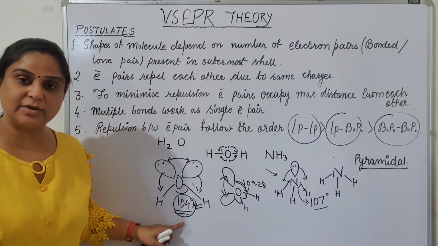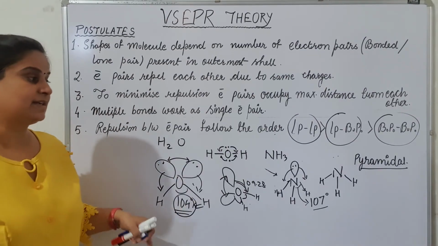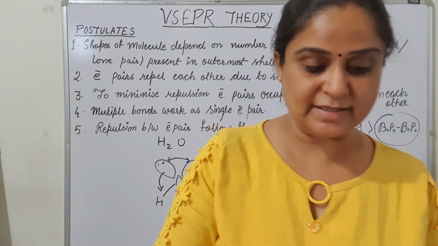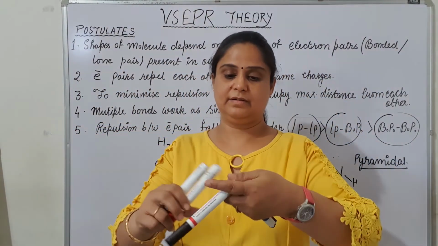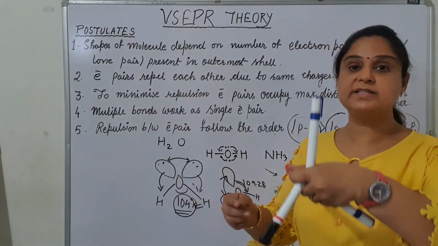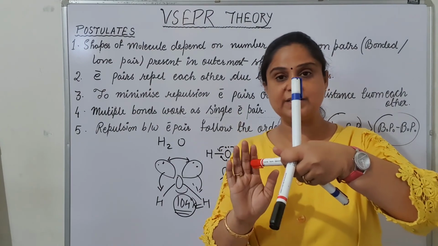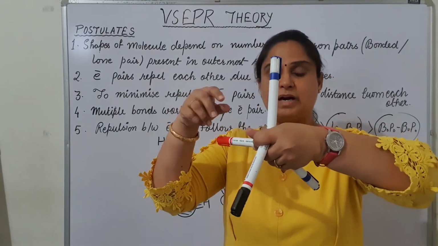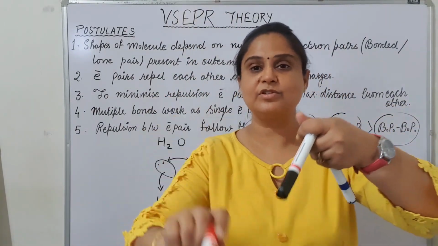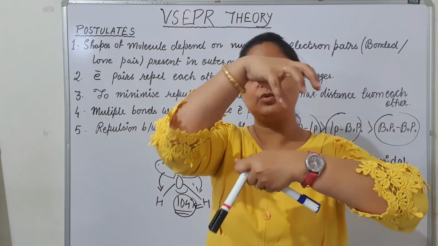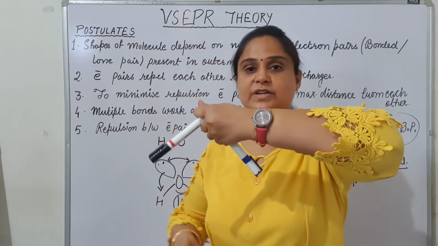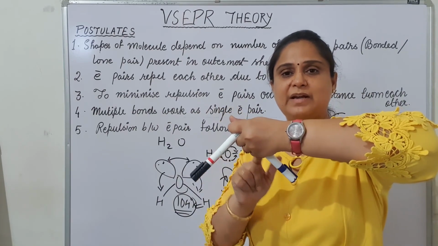I hope it is clear now how the lone pair presence can determine the shape of the molecule. And you can see there that this time again the geometry is the same, because there are four things which have to be arranged around the central atom. The geometry is the same, but this is not there. One lone pair, I am removing it. This is not there. It is also a lone pair, so this is not going to contribute. These lone pairs are not visible. They are not going to contribute towards the structure. So what is the structure left out? Can you see? This is a bent line only.